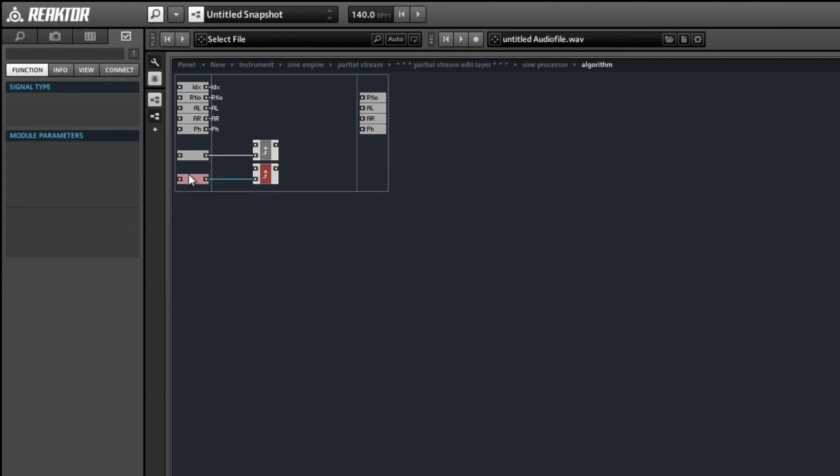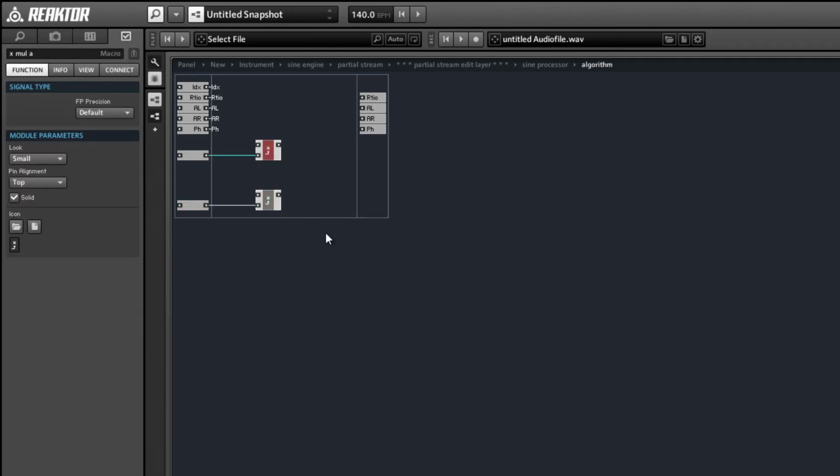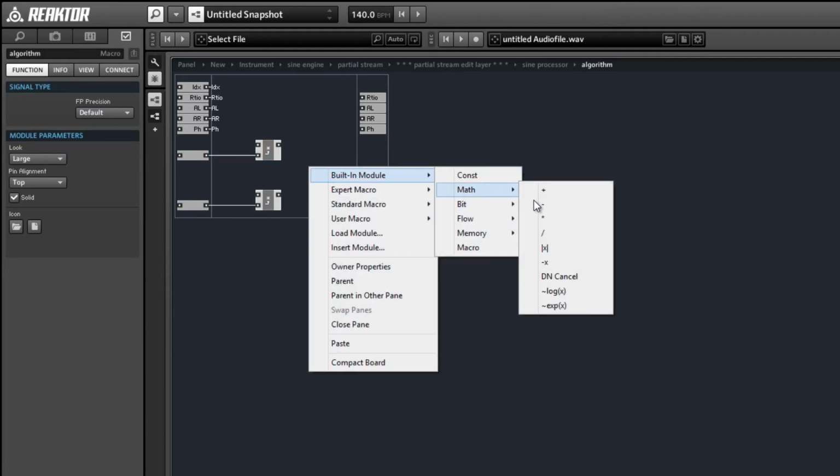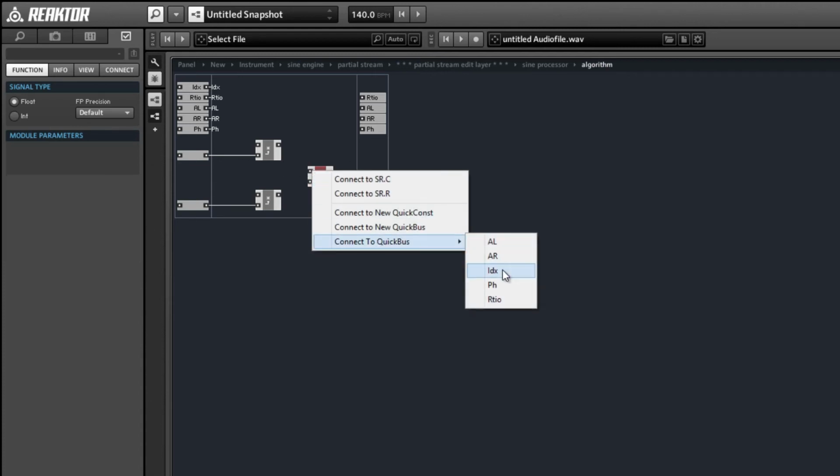So I'm going to use the bottom input to control the ratios of our sine bank. And the ratios control what frequency a given partial is going to play back at. And the ratio is directly related to the main pitch input of the sine bank that we give it. So if a ratio is equal to 3, then it's going to play back 3 times faster than the base pitch. By default, each partial has a pitch that's equal to its index number, so index 7 has a ratio